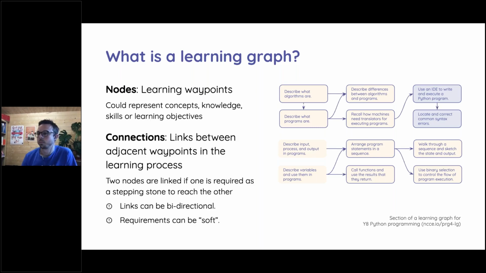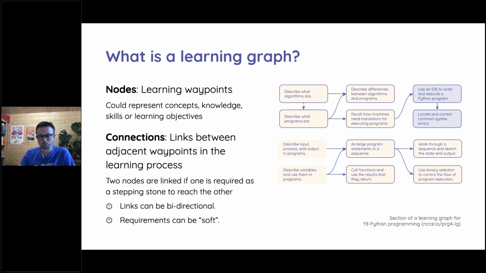So the next step, rather than just listing our objectives, is to try to connect them. And the connections, the arrows there, are not about how we would teach them. They are about what is a prerequisite for each node. So we start ordering the nodes, but it's a partial order. It doesn't mean that necessarily all nodes are connected. You can draw an arrow between two nodes only if the previous node, the source node, is a prerequisite for the target node. That is a very special process, and anyone who has tried constructing a learning graph will tell you that, because essentially you start thinking about